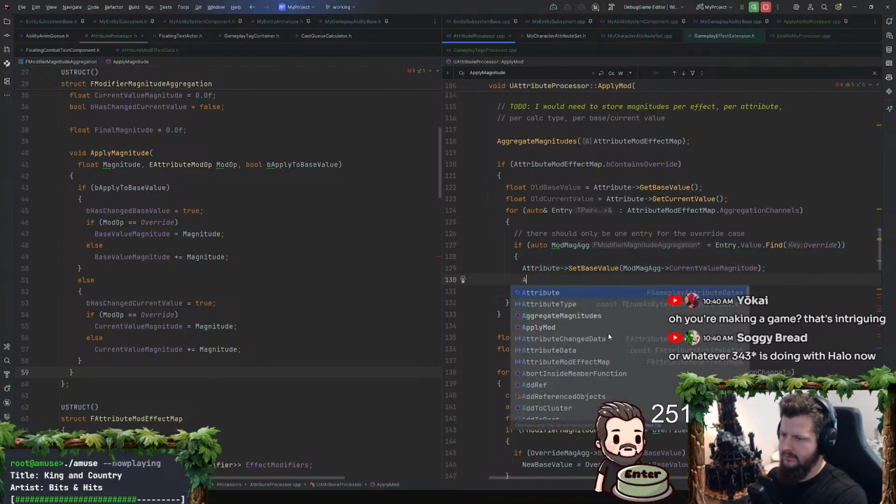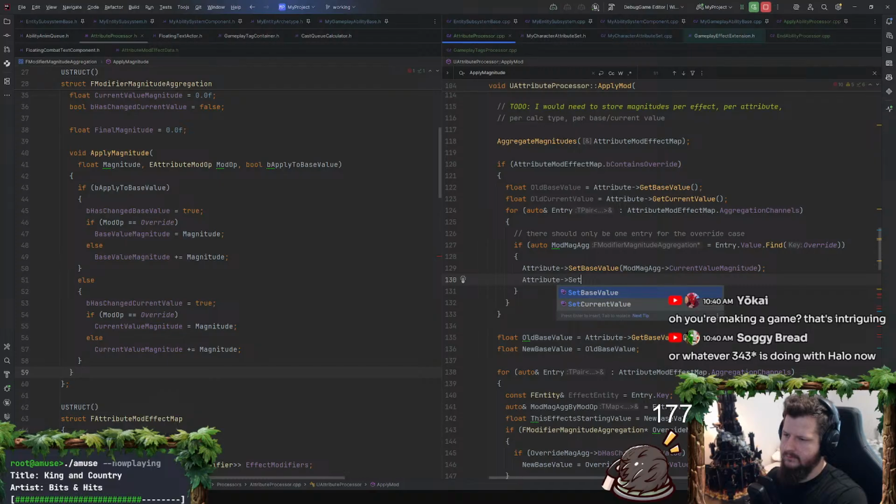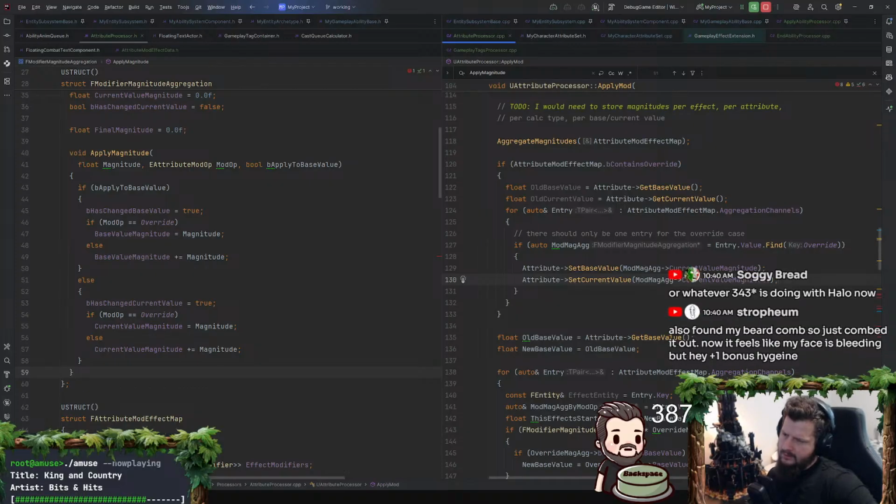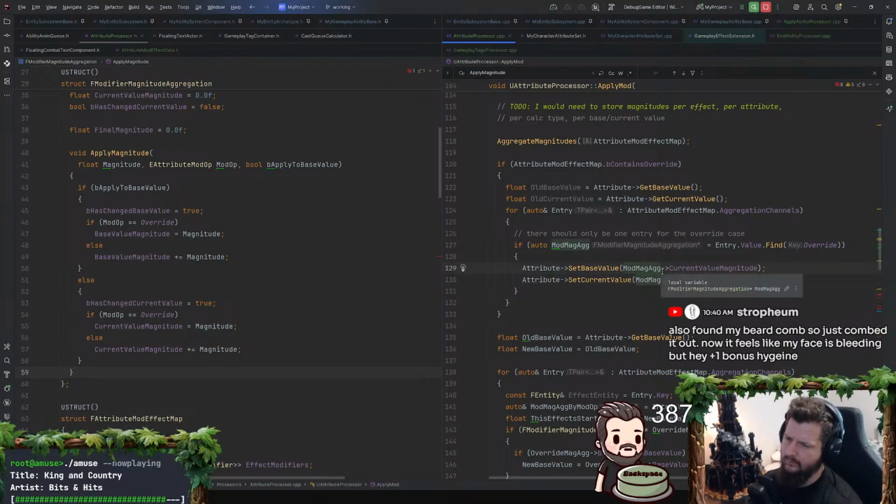An attribute set current value. Is that what you would do there? Is that what I would do there? Is that what I want to do there?